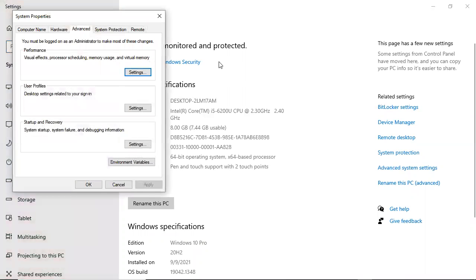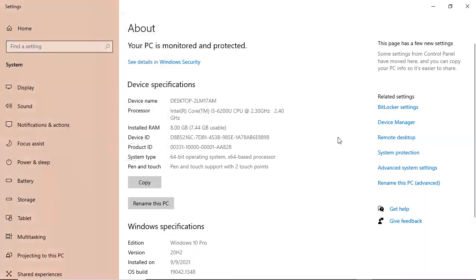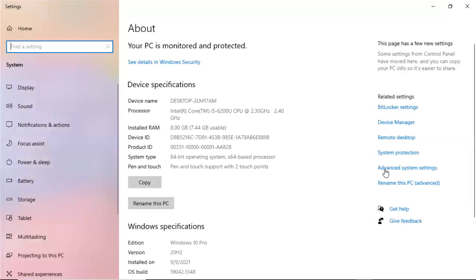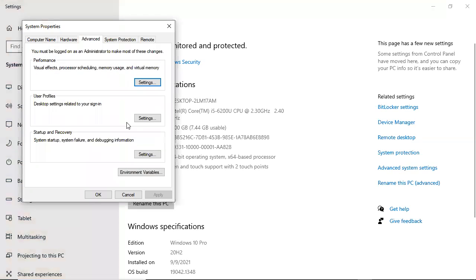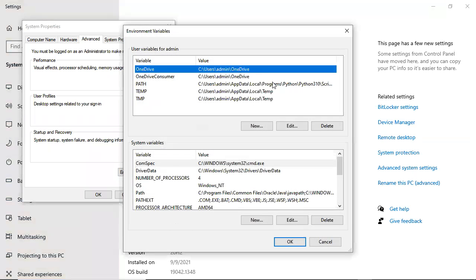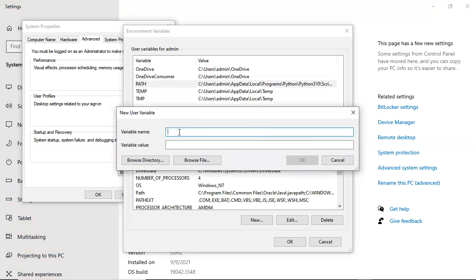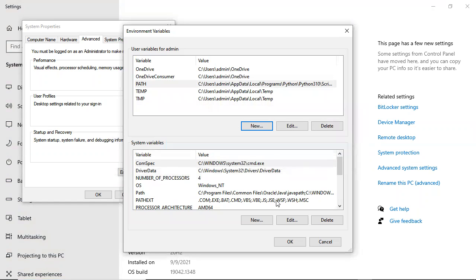You can see here, just right click on this and go to properties. Once you click on properties, you will get the option advanced system settings. Click on environment variable. You have to set the path here. Click new and add a path, and then type the Java folder path. When you go to the C drive, inside Program Files there is a Java folder, so you have to give the path here. Let me show you how I have given the path.